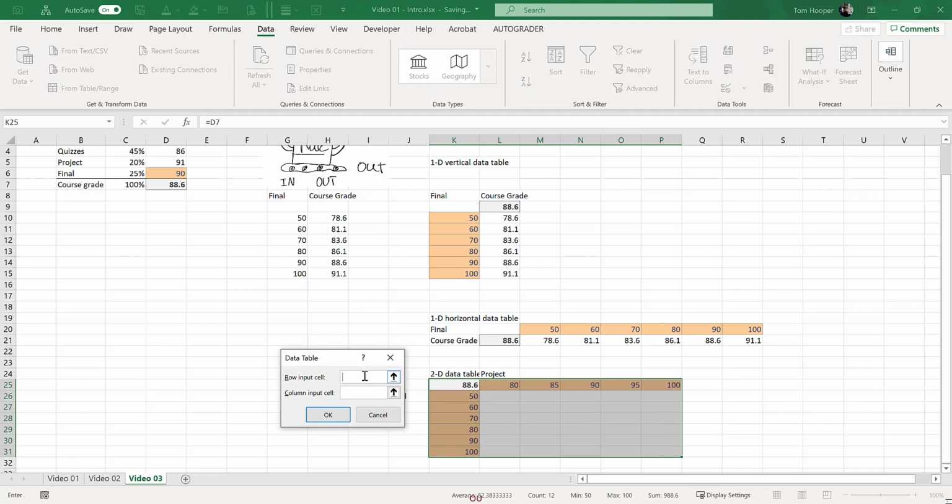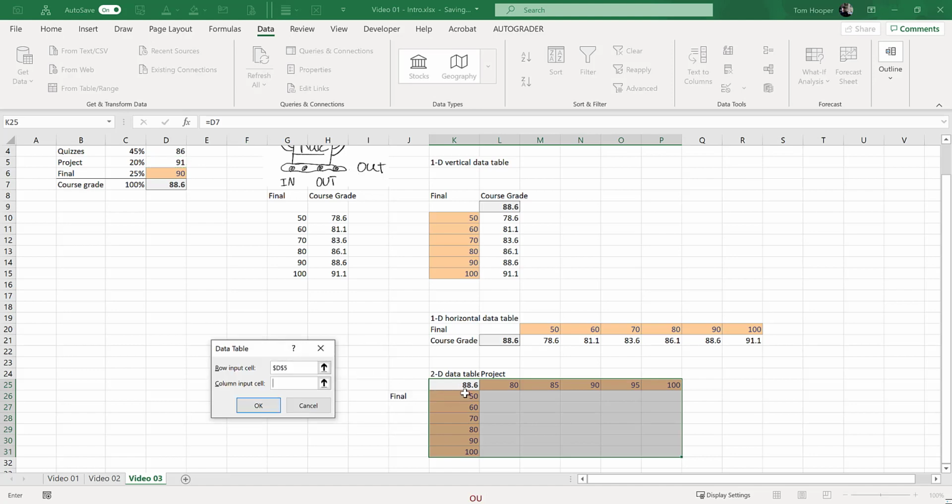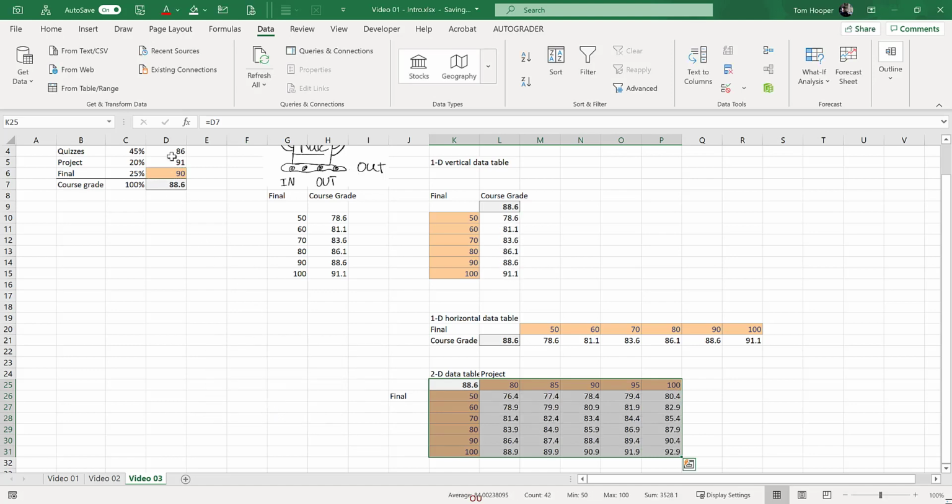That's our project grade. So we want to put the 80, 85, and so on into the project, which I should have colored as an input. I'll do that in a moment. And then we want our final exam grade, the 50 through 100, to go into here. And so when I say OK, we see all those combinations. Let me quickly Alt-H-J